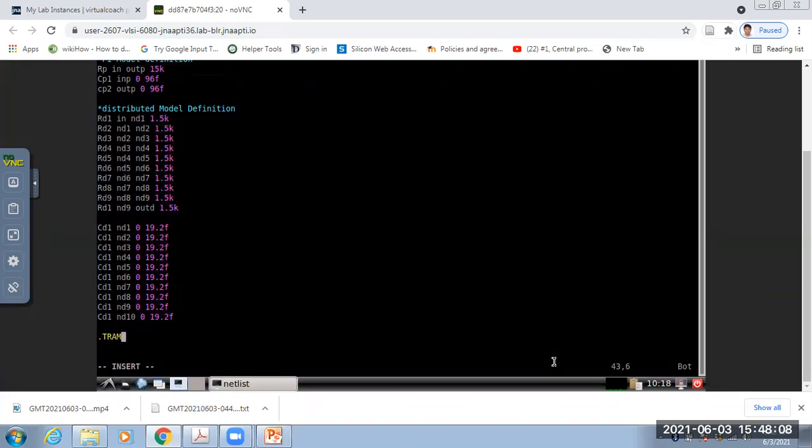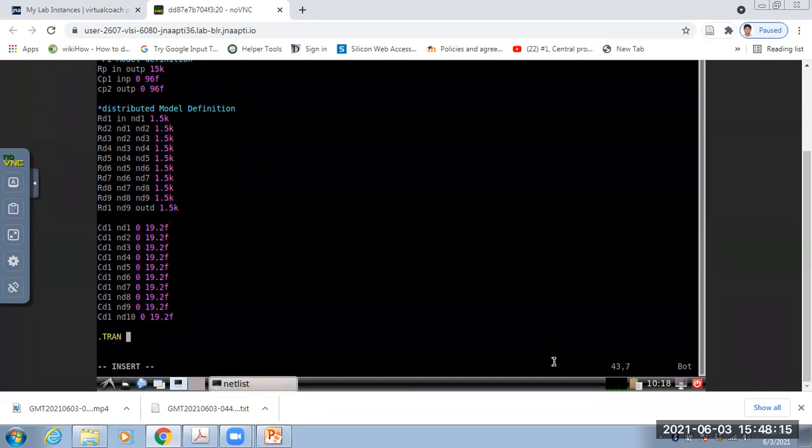Sir, while writing all the values, how will the compiler know which value is assigned for what? Like in the pulse statement, you have written first it starts from 0 and ends at 2.5, and then the rise time, fall time. How will it know? That is because I typed the name pulse.